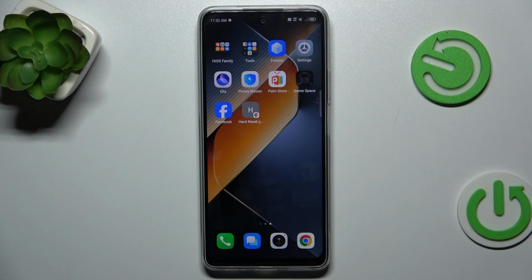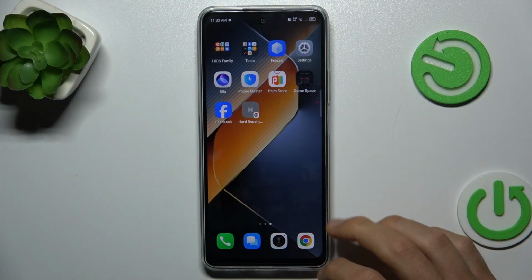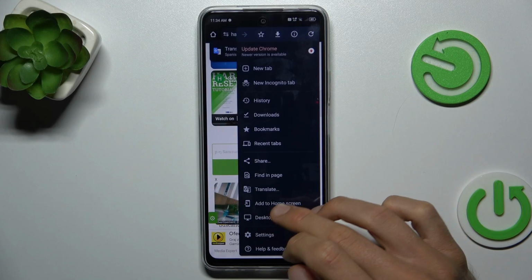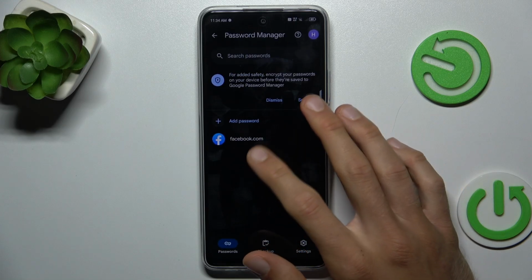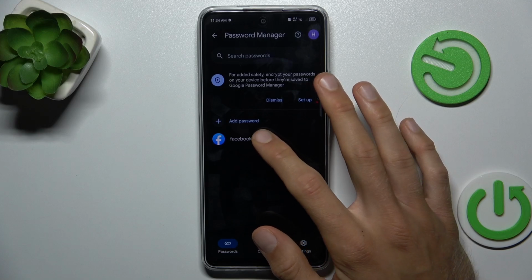Today I want to show you how to manage your Google passwords on your Infinix or Tecno Spark 6 Neo. Start by opening the Google Chrome application, tap on the three dots in the right corner, and there choose Settings, where we have our Password Manager selection. There we can manage the passwords our smartphone remembers, maybe for our Facebook